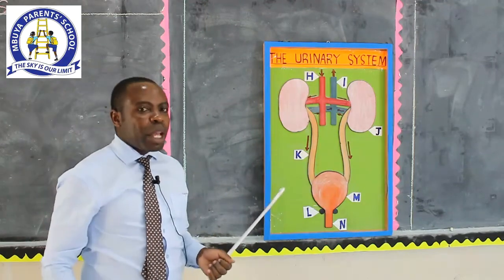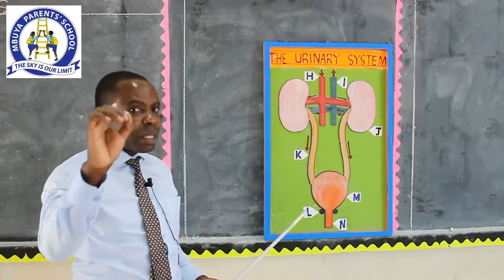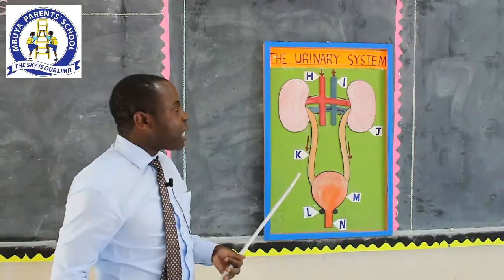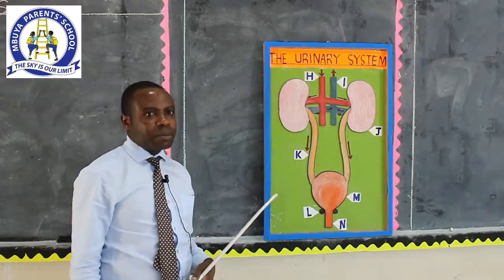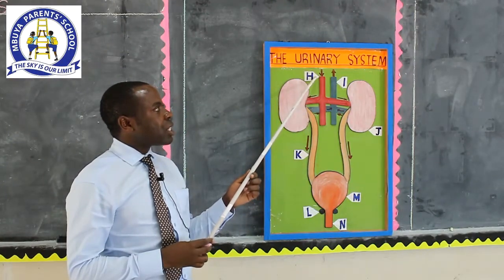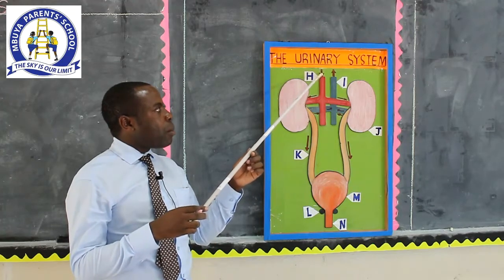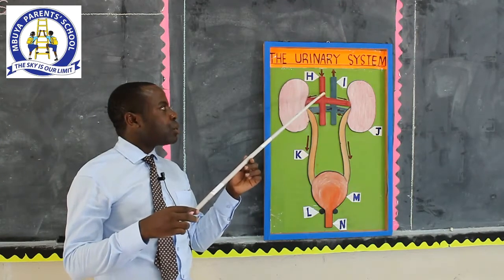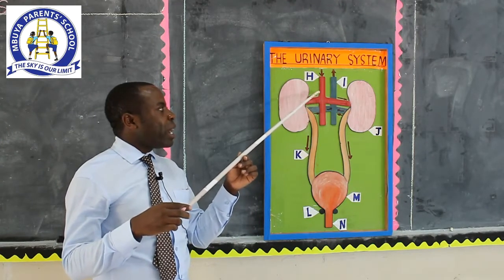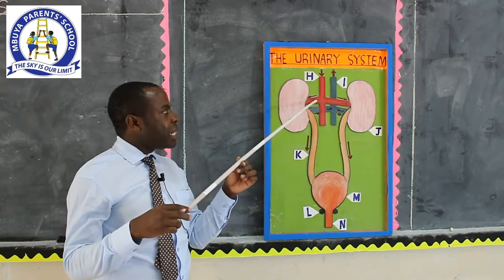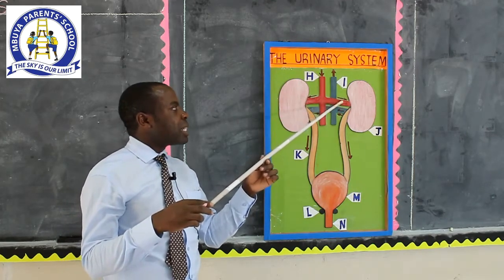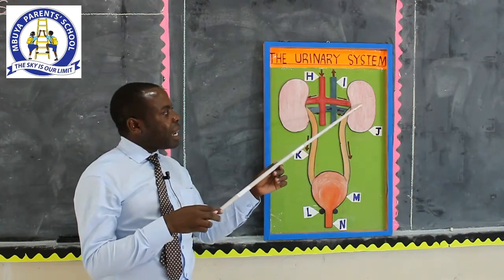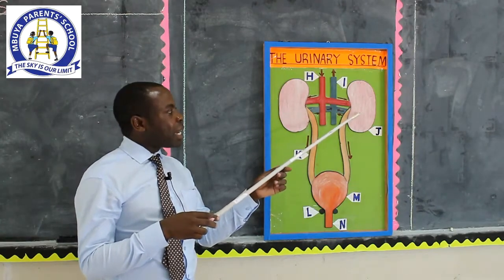these parts. Remember, we said the kidneys excrete urine. Now, they excrete urine, and again they filter blood. That blood is brought to the kidneys. When you look at part H, there is an arrow pointing downwards, and it shows that blood is brought to the kidneys. And when it reaches here, then it is supplied to this kidney, and then it is also supplied to this kidney. Then the kidneys filter that blood, and after filtration, the blood is taken